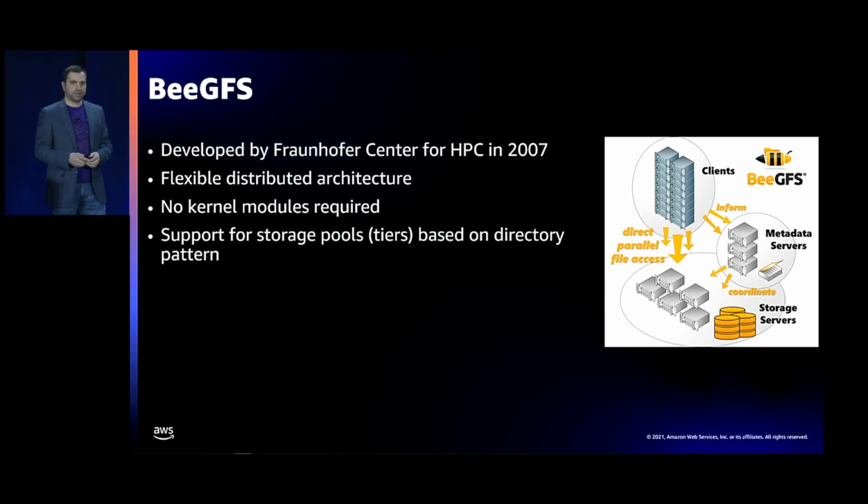Amir Hakmi, Solutions Architect, based in the Northeast region. So David talked to us about parallel file systems in general and walked us through the basic architecture and how we can potentially set it up on EC2 instances. But what I'm going to do right now is give you an example, which is BeeGFS, and it's one of the parallel file systems that's available out there for a lot of our customers to be used today.